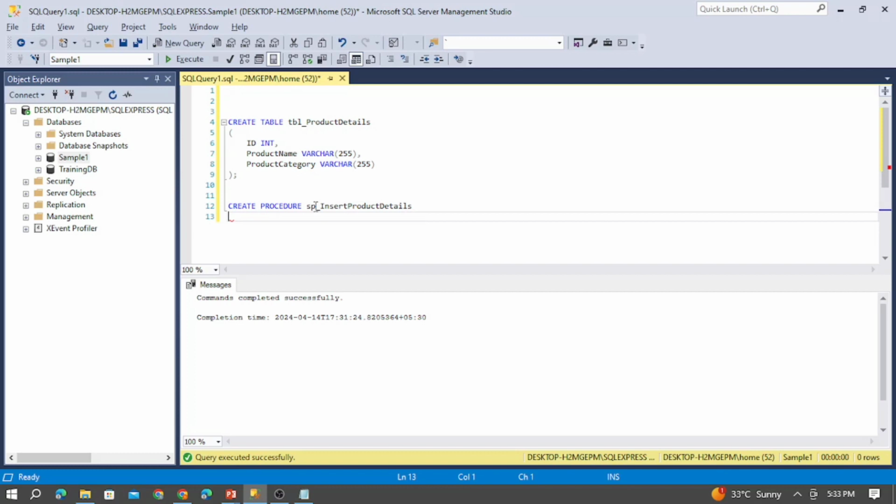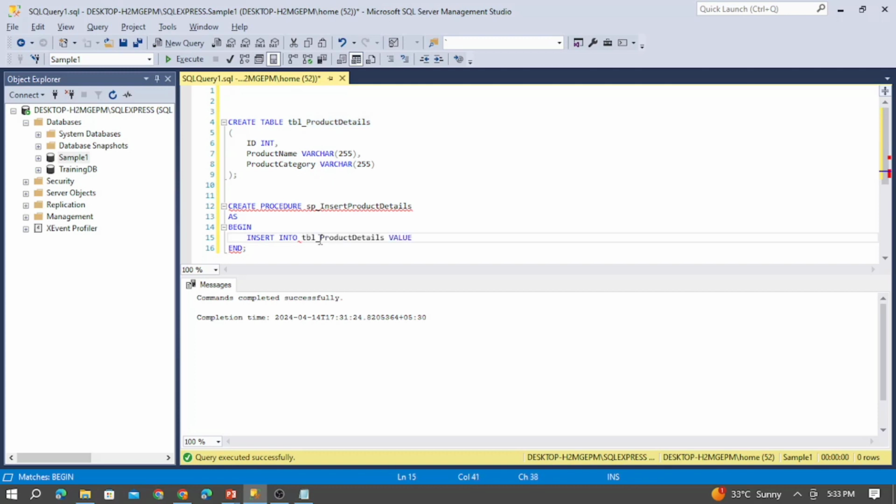After providing the name, you need to provide AS, and you can begin and provide the end. Inside this begin and end, you need to write the logic that you need to perform for this procedure. In this procedure, I need to provide the insert operation. So let me provide the insert into command, insert into the table name